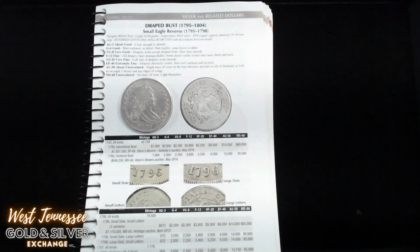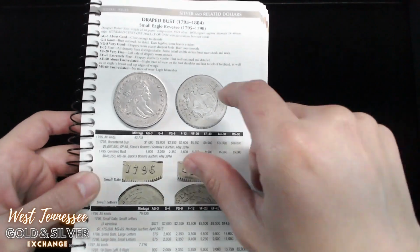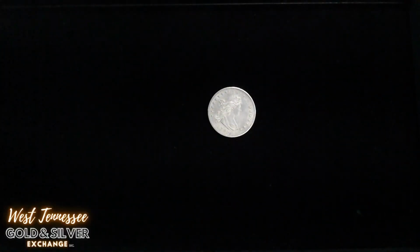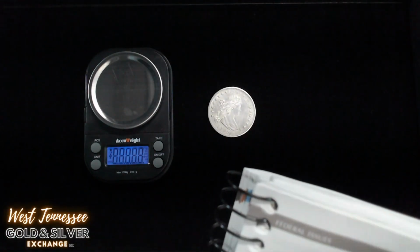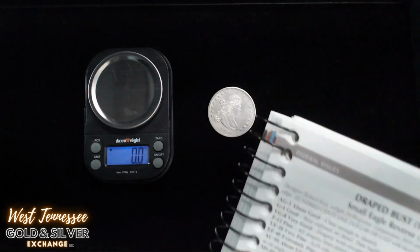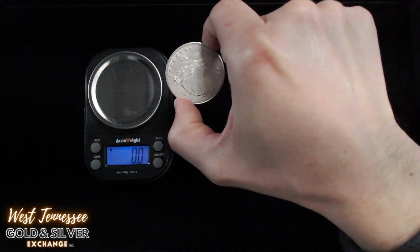So next thing we're going to do is let's go ahead and just weigh it. That would be the easiest, fastest way to determine if something's going to be real or not, because it's got to have the right weight. Let's grab our little scale. And it says the weight on this guy should be 26.96 grams. So what we want to see is for it to be 26.96 grams, and it is